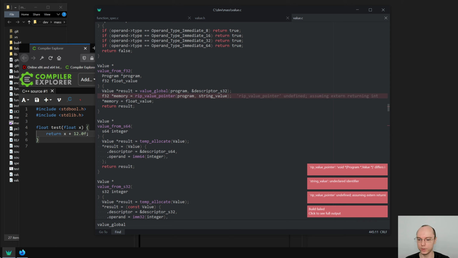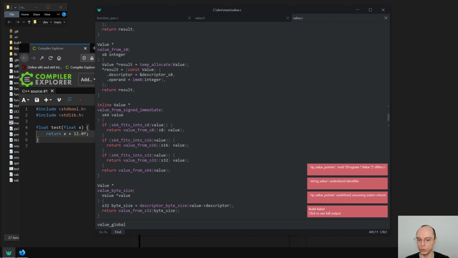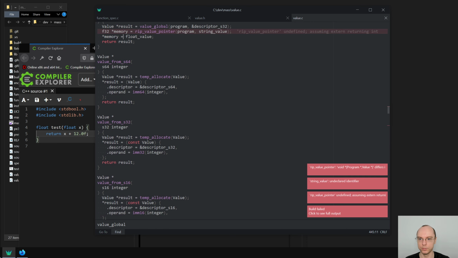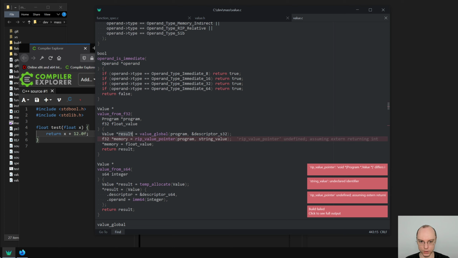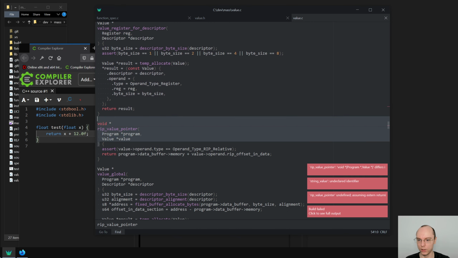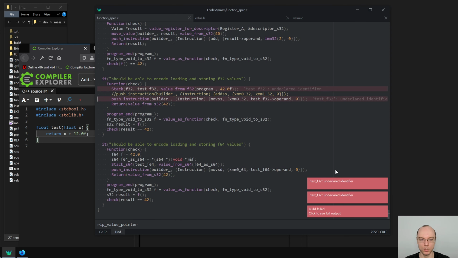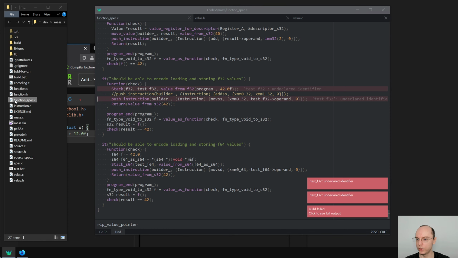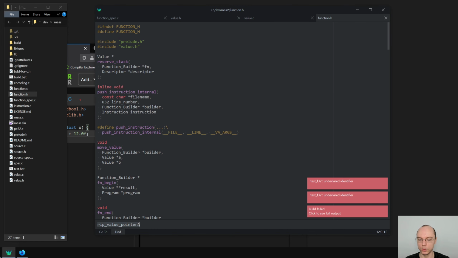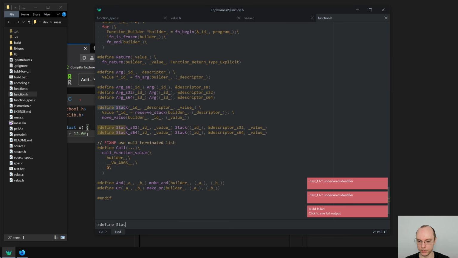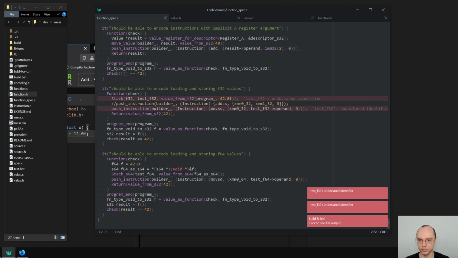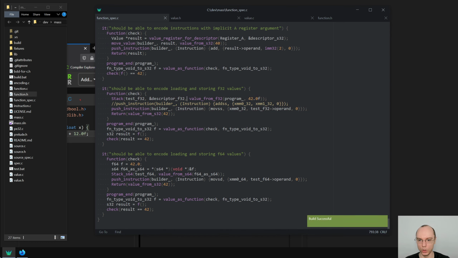We also don't have read value pointer. I guess let's take all of these. Whatever. We can also add read value pointer to our header. That's okay. Good. Let's open up function.h to see what defines stack. Okay, the first ID, then descriptor, then value. Okay, so ID is this f32, then we would have descriptor f32, and then we have value. Okay, that builds,